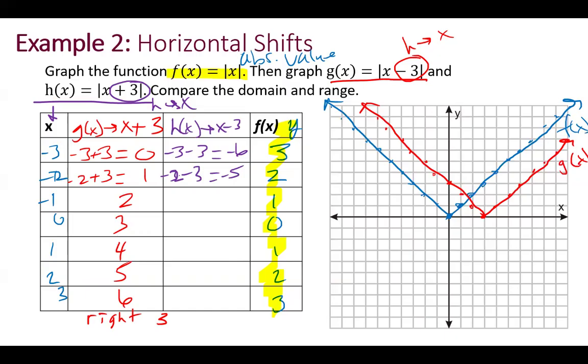So here we go. -6, -5, -4, -3, -2, -1, and 0. So I either can plot them as a pair, -6, 3, -5, 2, or I realize that what happened to my red function? Everything was moved what? Left